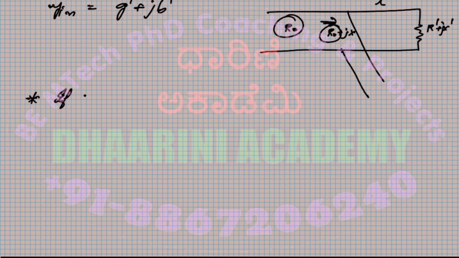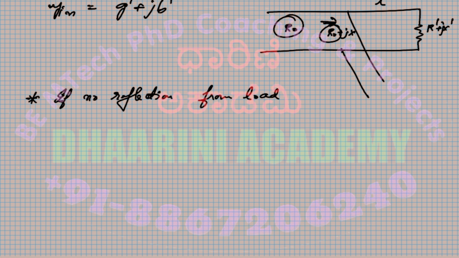If no reflection from the load, correct? No reflection is expected from the load. We normally say that the Y in and Y naught should be same, correct? Now I don't write in terms of R naught, I will write in terms of Y, because right now my calculation is happening with respect to this. So that is, the Y in should be equal to Y naught